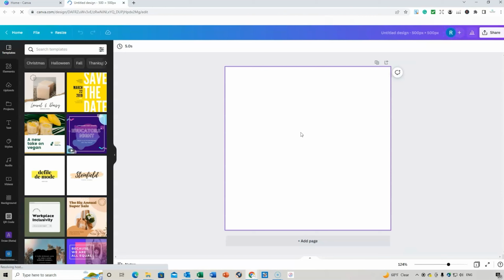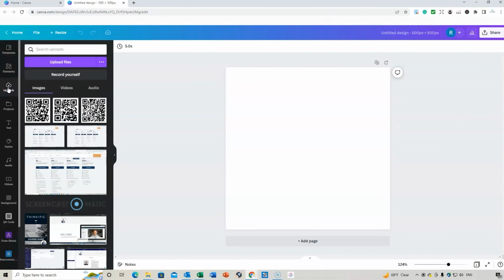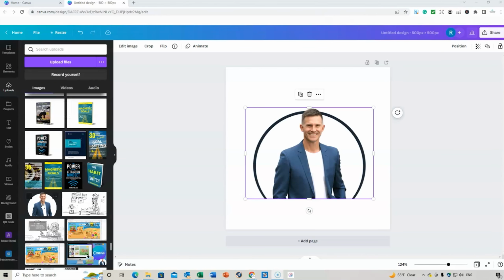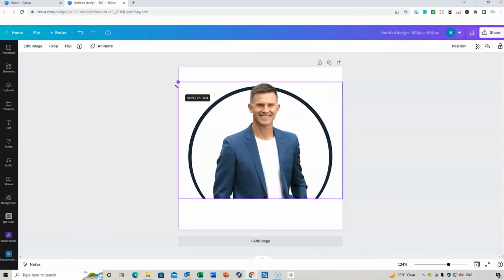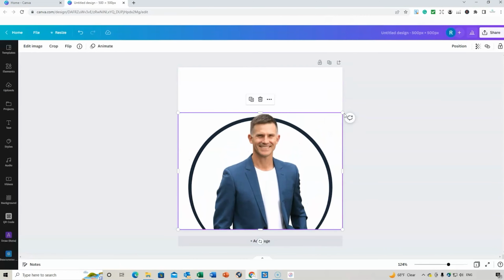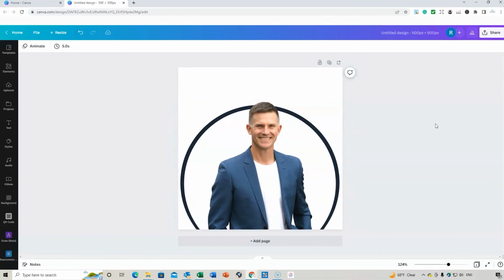So we're given the space here. Now you can upload different images. If you want to, you can use design elements. So what I'm going to do is quickly go to uploads, and I'll upload an image that I could use for my profile. So I go to uploads, and I've found my image here. So I've just clicked on it once, and now it is on the side there. So I can position that where I want it to be. So I might have it down here. And therefore you could have it like that, and you might want to put your name.